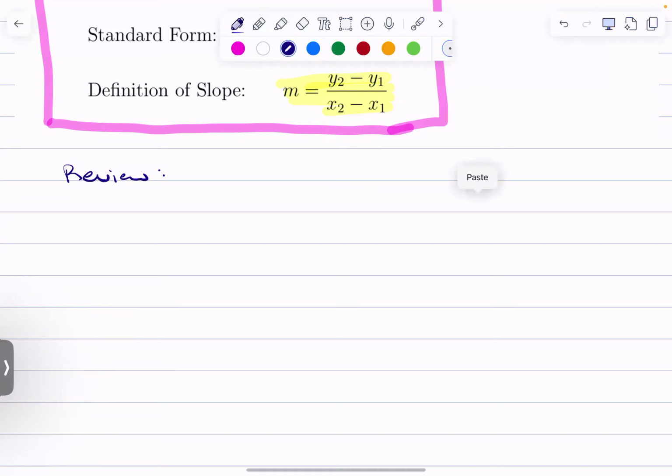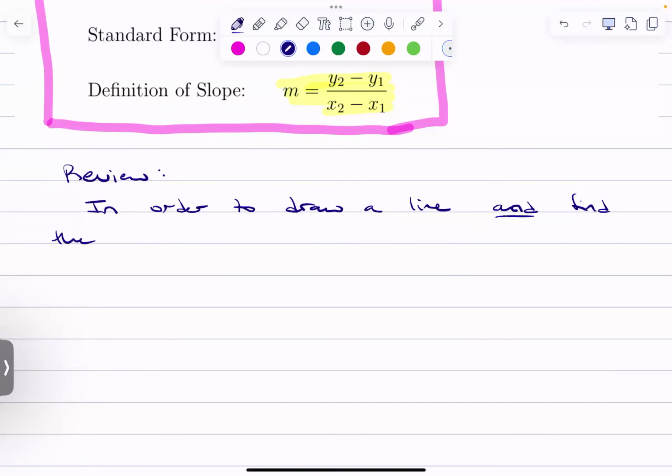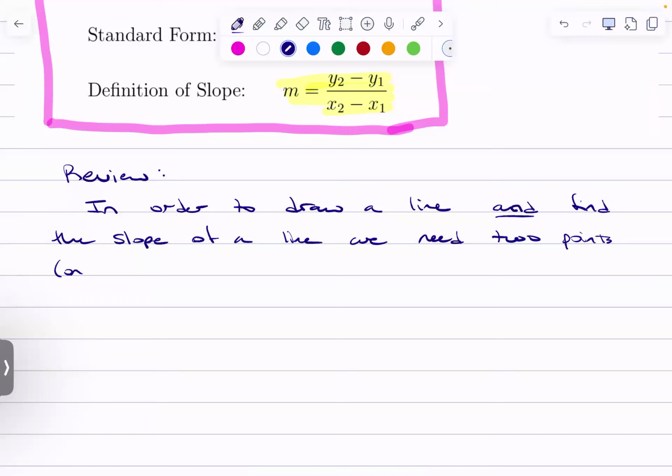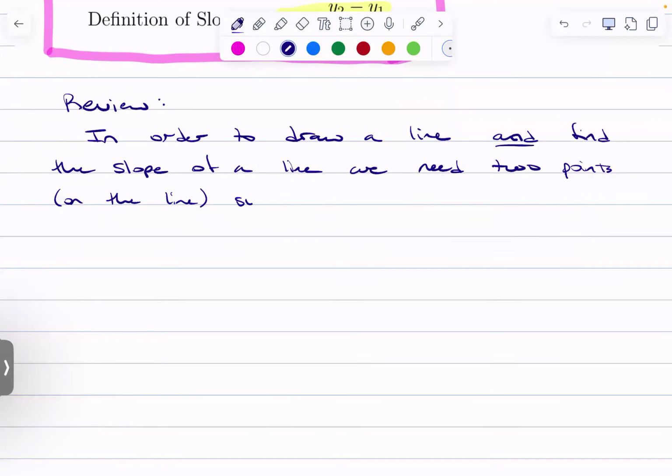So in order to draw a line and find the slope of a line, we need 2 points. It's implied on the line, of course, not just 2 points. So 2 points on the line, such as